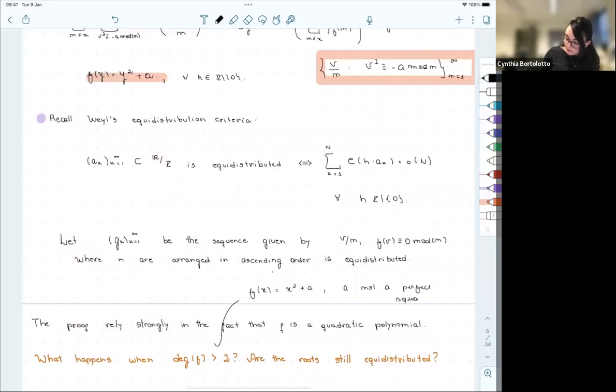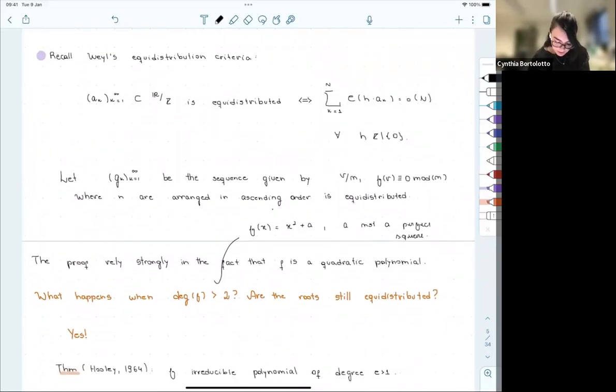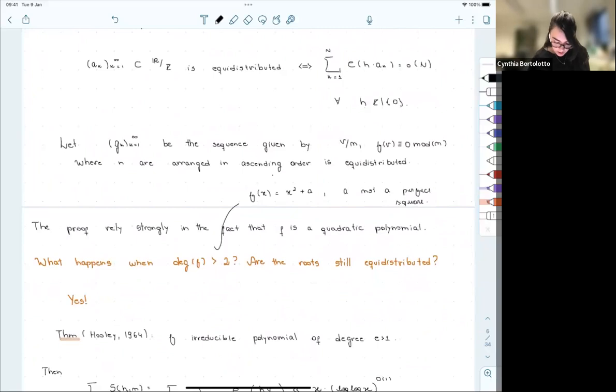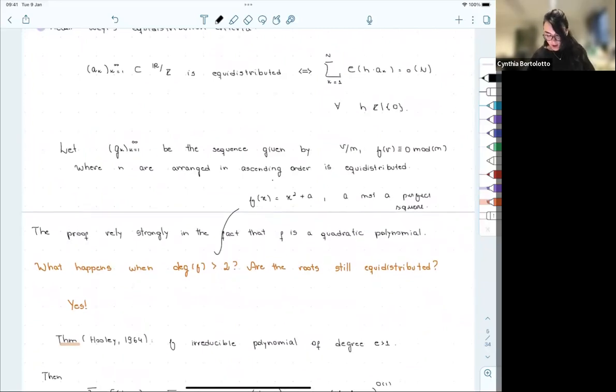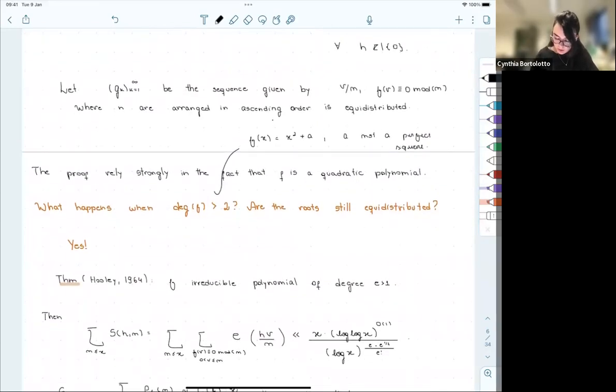But it's natural to think what will happen when f is not a quadratic polynomial, it has degree greater than 1. Are these roots still equidistributed? And that's what Hooley showed the year after. So if you consider f an irreducible polynomial of degree e bigger than 1, then